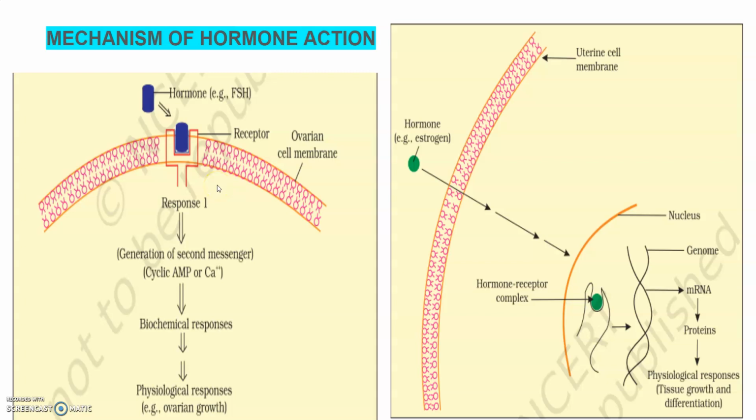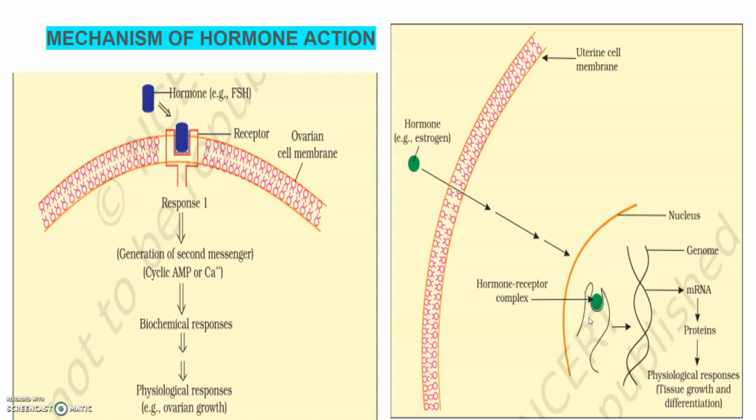They are present in the nucleus, and binding of a hormone to its receptor leads to the formation of a hormone receptor complex, like you can see here in this diagram. Each receptor is specific to one hormone only, hence receptors are specific. Hormone receptor complex formation leads to certain biochemical changes in the target tissues, and target tissue metabolism and physiological functions are regulated by these hormones.